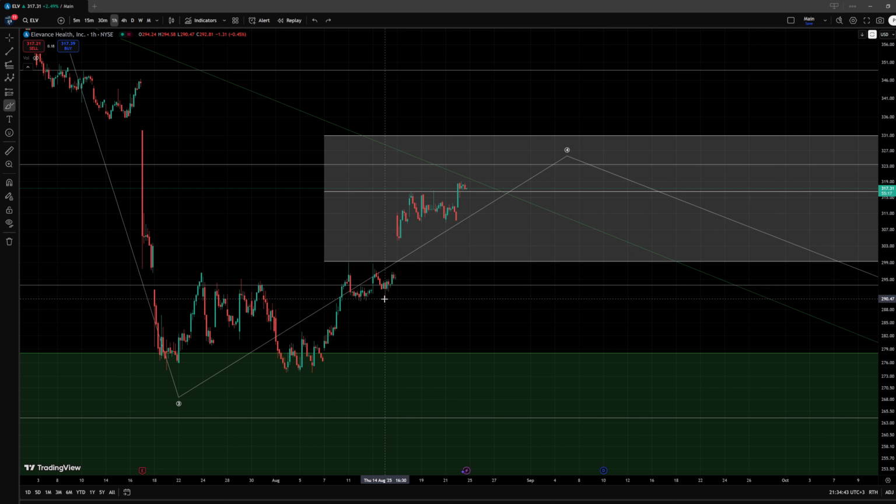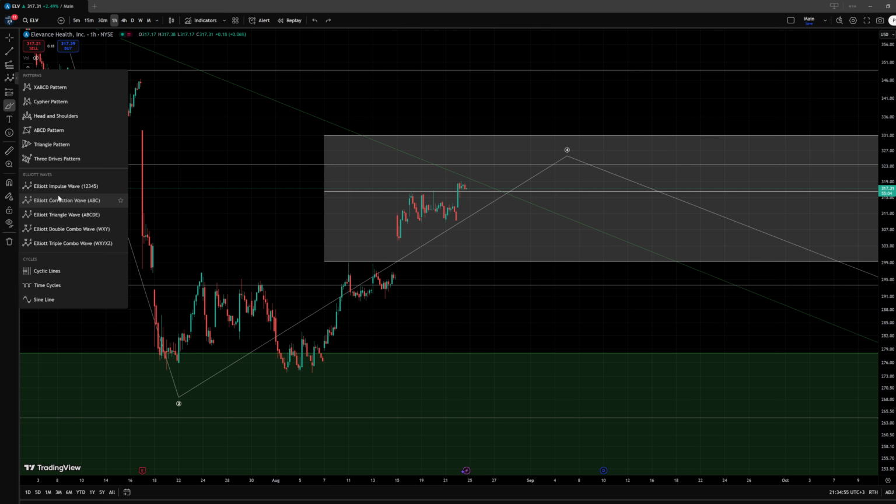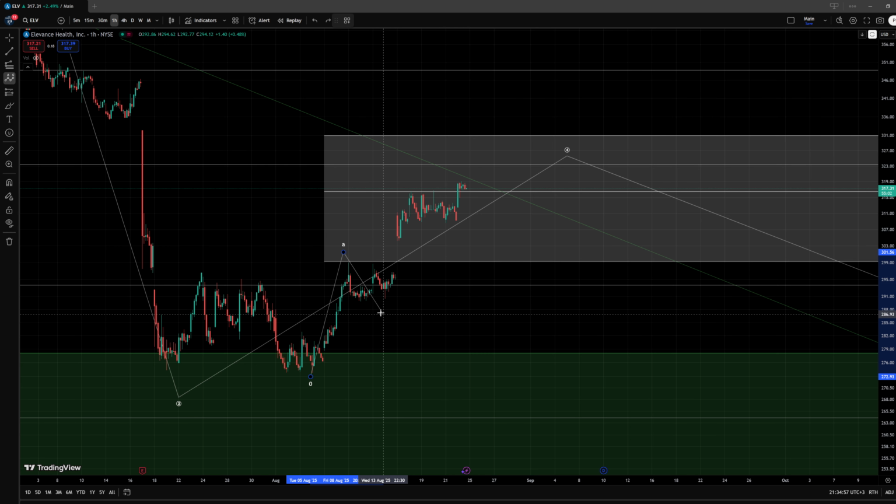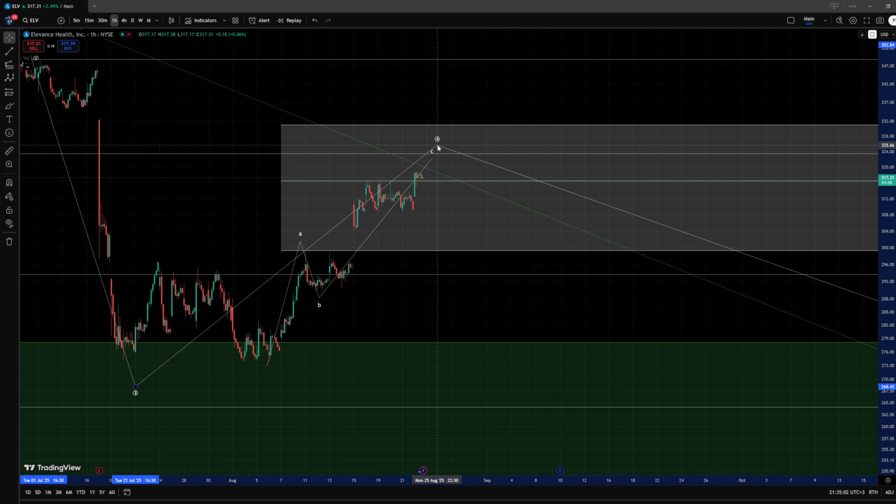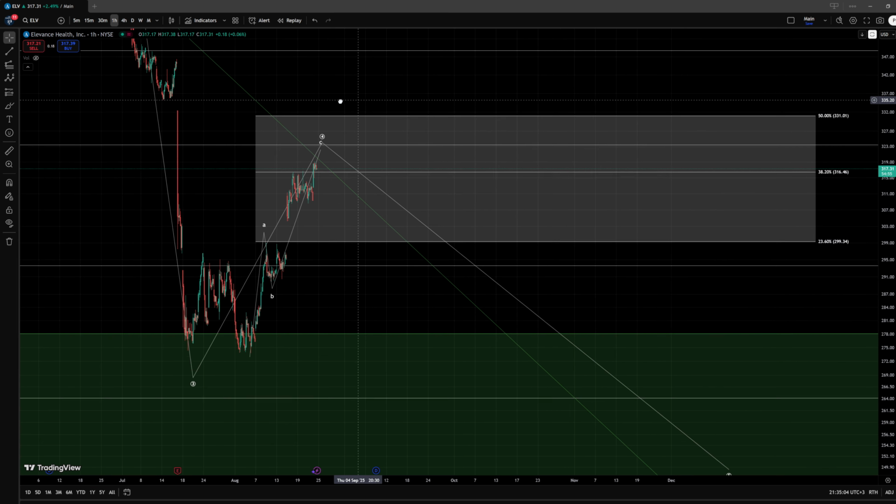And then we have this other movement to the upside, where this could be a 1, 2, this would be a third, and then a fourth, and then this a fifth, that may still need one more high to actually complete it, but then I would easily count this as an ABC pattern that is developing, and I would be looking to mark it as a wave 4, quite likely